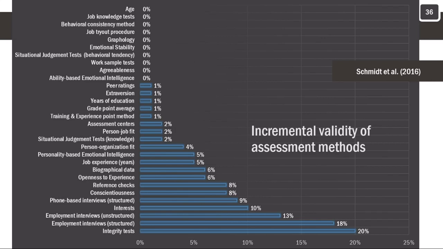This largest of incremental validities is due in significant part to the fact that integrity tests correlate nearly zero with GMA. That is to say, they measure something totally different from what GMA measures. The something is most likely personality, or rather a particular combination of personality traits. Integrity tests have been found to measure in part the personality traits of conscientiousness, agreeableness, and emotional stability. The assessment method with the second largest incremental validity is structured interviews, followed by unstructured interviews.